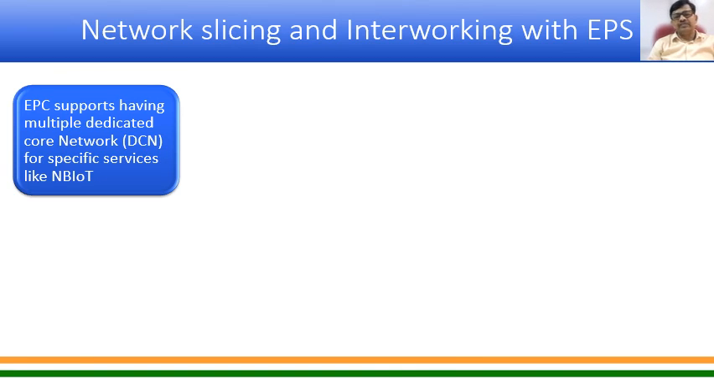Suppose you want to build in 4G, you have a RAN, which is the eNodeB, and then you have the core, which we call EPC, and then you have the packet data network, PDN. This can be a service. So generally,